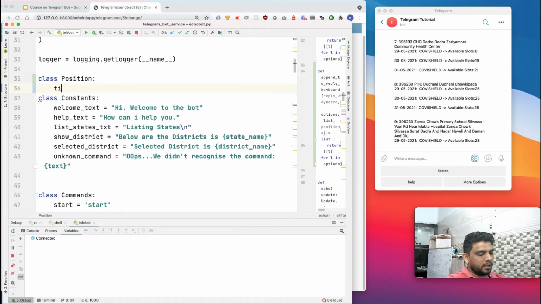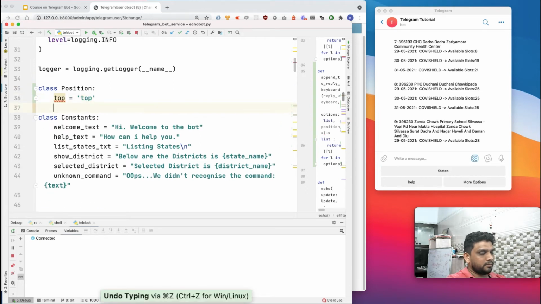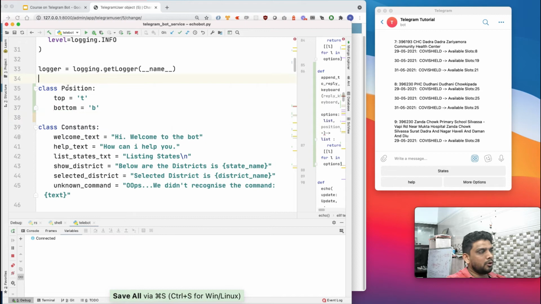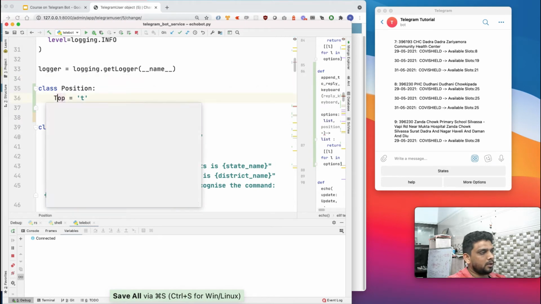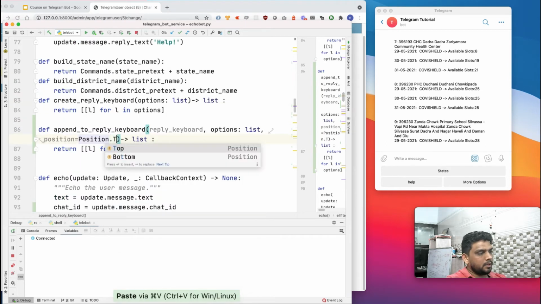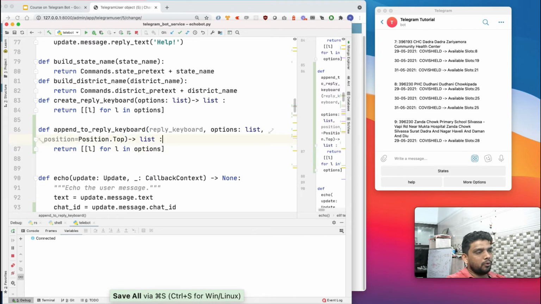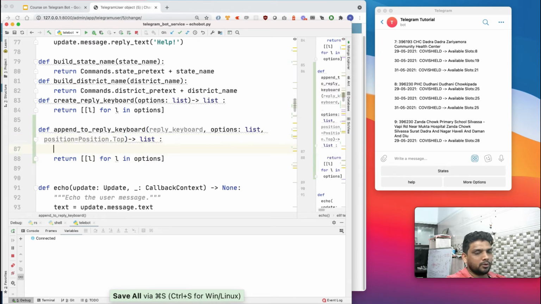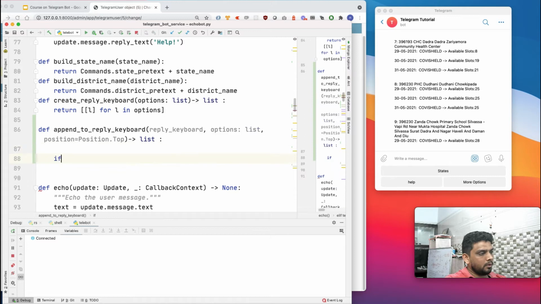And this position can have top as T, and then it can have bottom as B. So maybe T and B doesn't matter at all, because what we are going to refer to is always position.top or position.bottom. So let's mark it as capital. Let's say by default, we always want to find the default position on the top. So if position.top